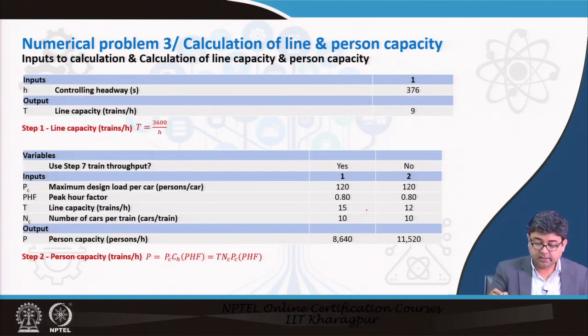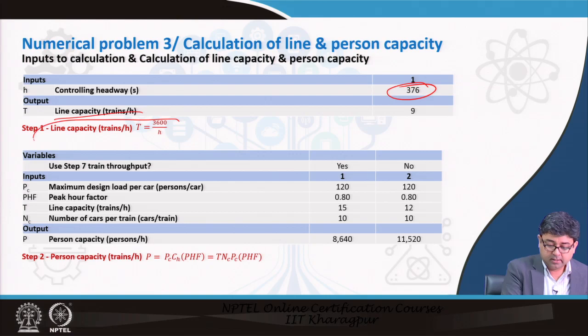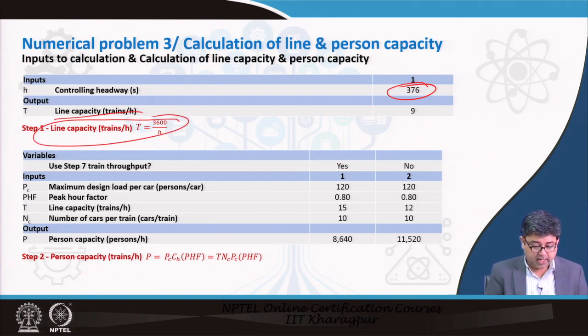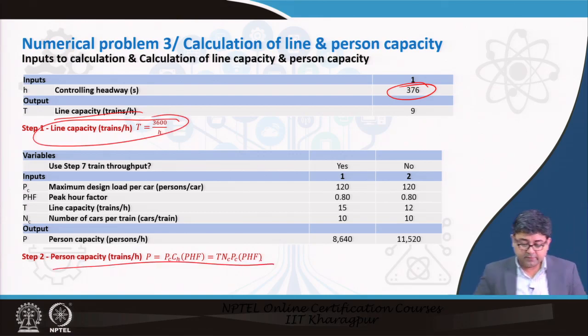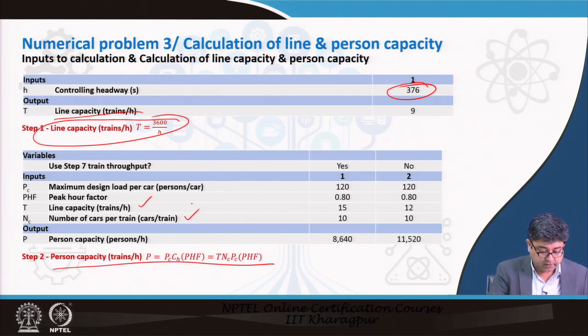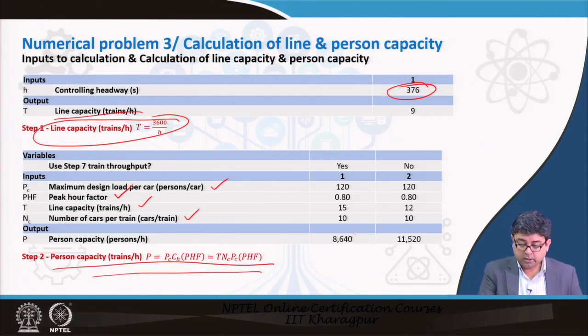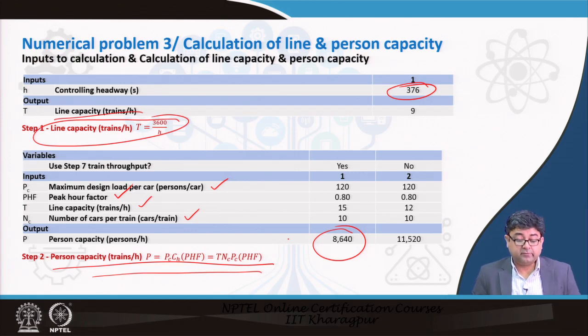With that terminal layover time and controlling headway that you have already calculated, the line capacity is given by this formula and the person capacity is given by this formula. You already know the line capacity, number of cars per train, maximum design load, number of persons per car, and the peak hour factor. If you know all of that, person capacity is 1. So, your transit line can carry 8,640 persons per hour,